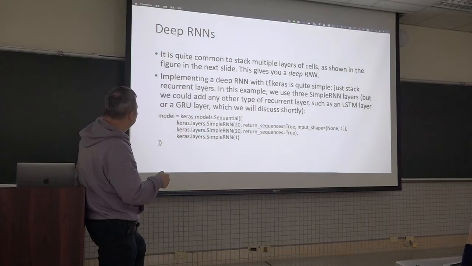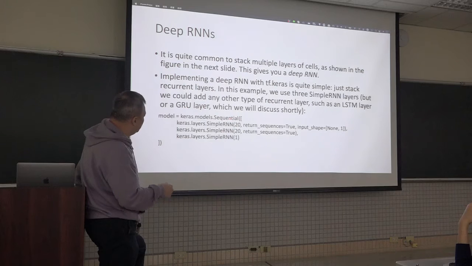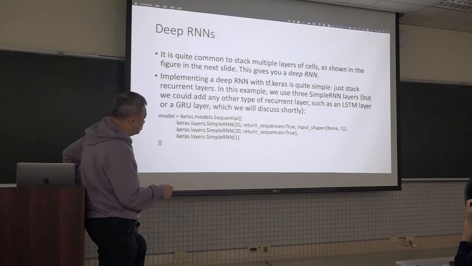Now we use 3 simple RNN layers. We could add other types of recurrent layers, but we haven't talked about the GRU yet. We will cover GRU later. So this one is again very simple. The model equals the Keras models Sequential API. The first layer is a simple RNN. We have 20 recurrent neurons, and we have return_sequences equal to true. The input shape is None, so it accepts any length of input,